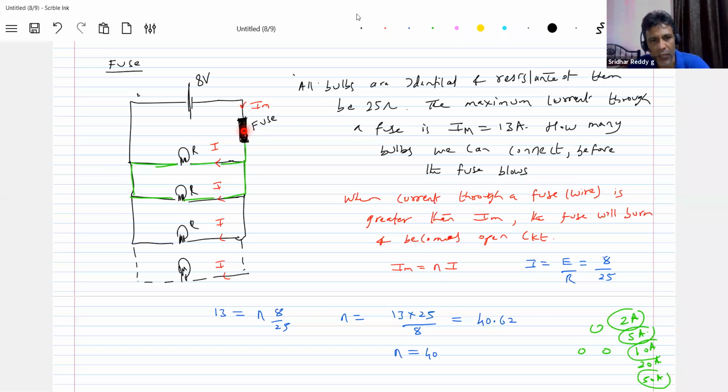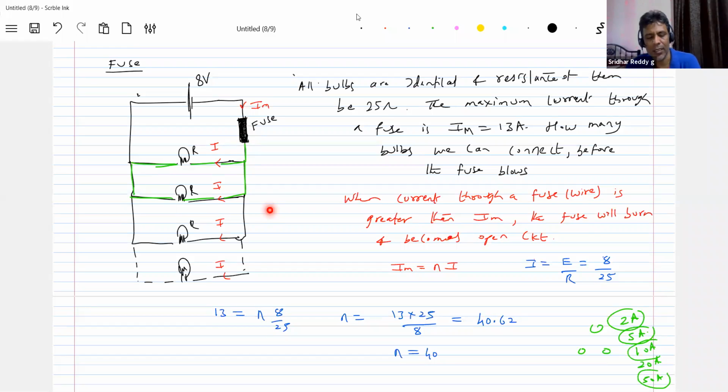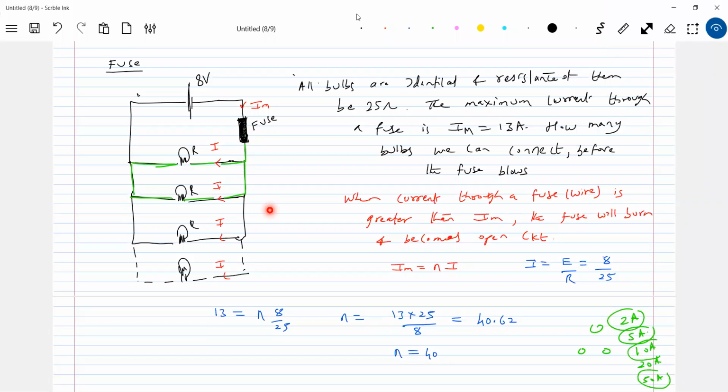If this fuse is not there, tell me what will happen. If any excess current comes up, it will damage all the equipment, no? So what is the cost of the fuse? Very less, no? Inside the fuse, the major element is a wire. If any excess current comes, the wire will burn out. So altogether we are safe, no? Okay, so just a small basic idea related to the fuse, they can ask you. Now, let me give one more question so that you'll understand.